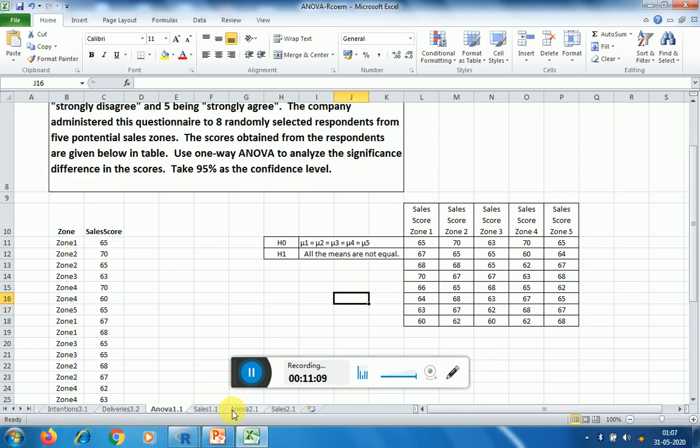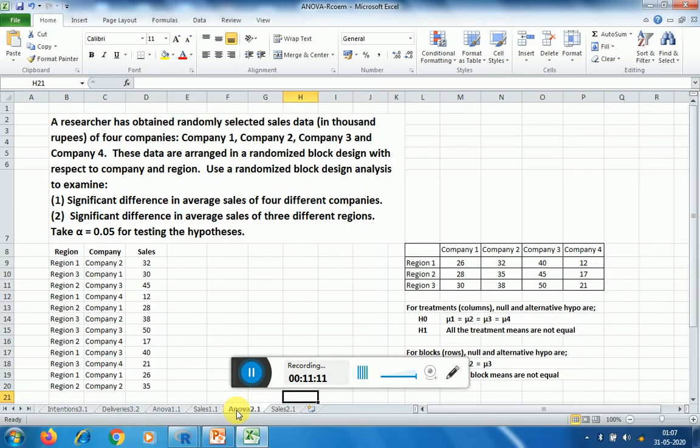For example, if we look at this example, a researcher has obtained randomly selected sales data for 4 companies. These 4 companies are given here, and the data is collected with regard to the sales. Average sales of these 4 different companies is mentioned here.